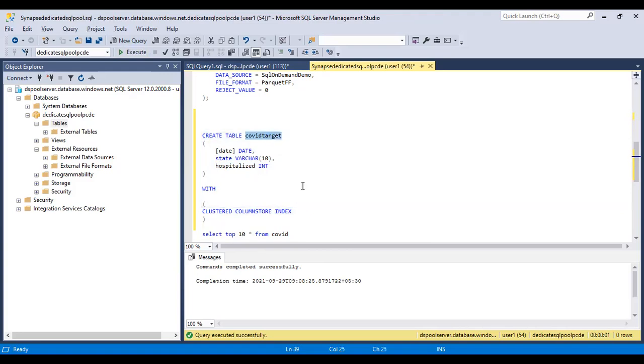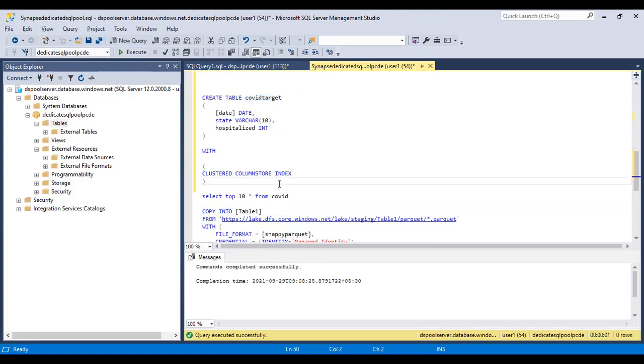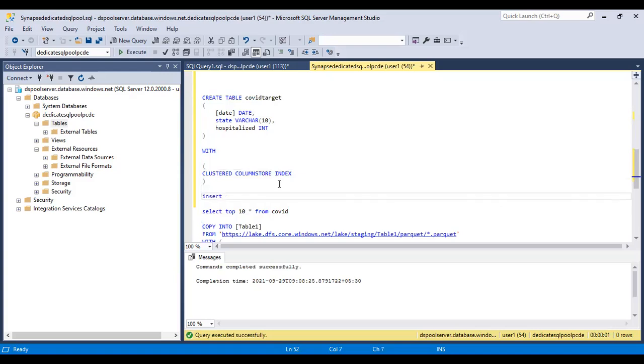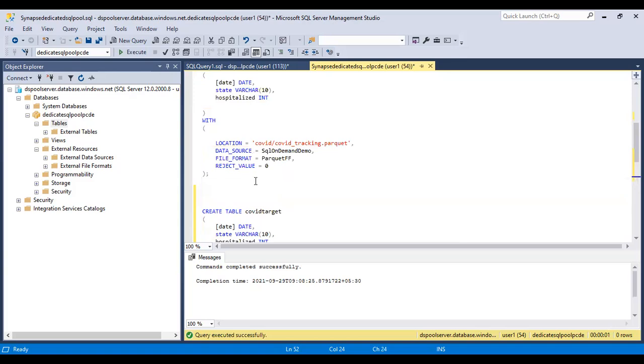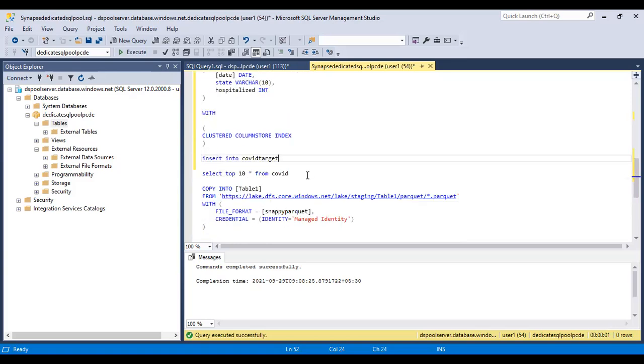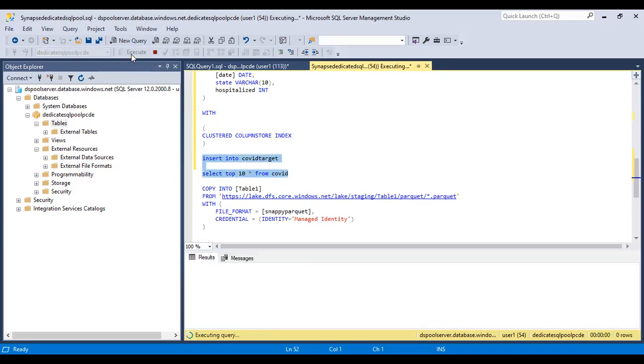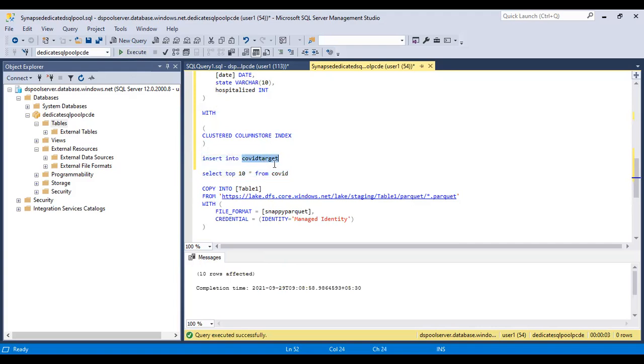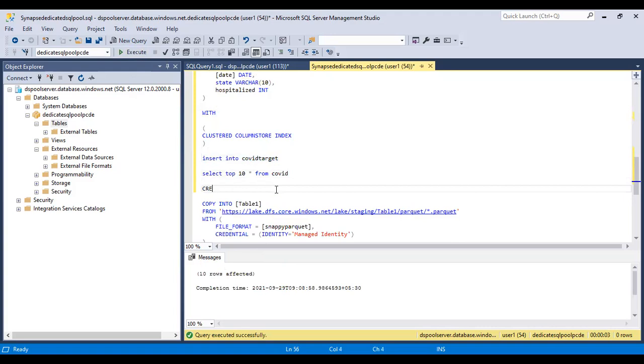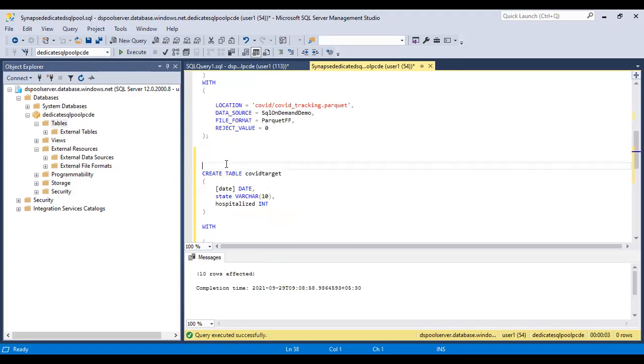Now the COVID target is inserted. So what you can do is insert into COVID target. Okay, then the data will be created. Otherwise, one more option we have,